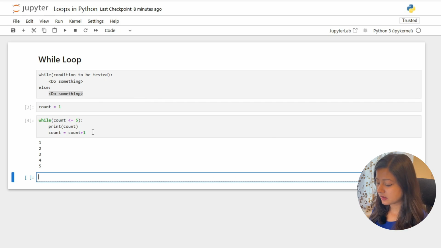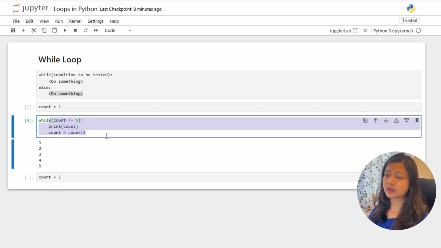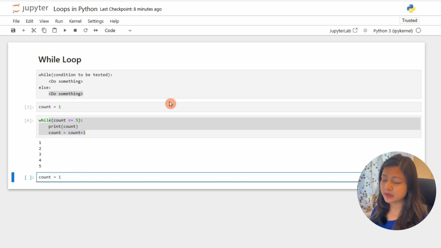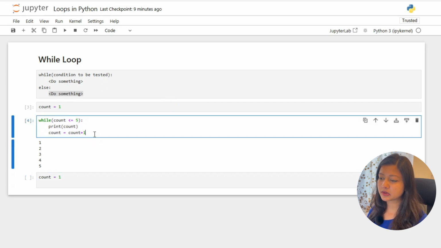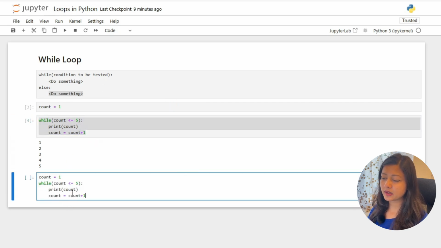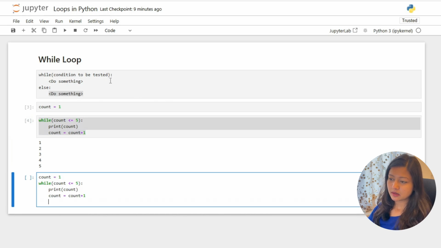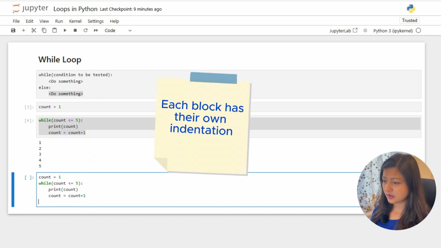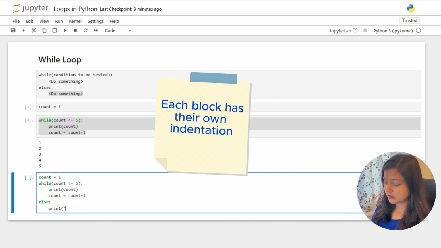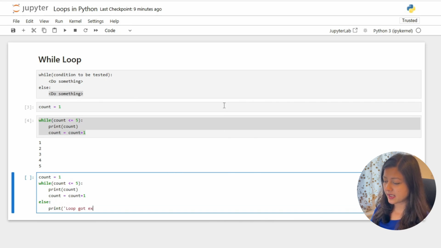Let's write again count is equals to 1. Because of this while chunk, our count is now taking the value 6. That's why again I'm writing count equal to 1. Let me paste this while block, and now I'm writing else. Note over here, the else block is different from while. That's why we have to remove this indentation, and I'll write else colon print loop got exited at